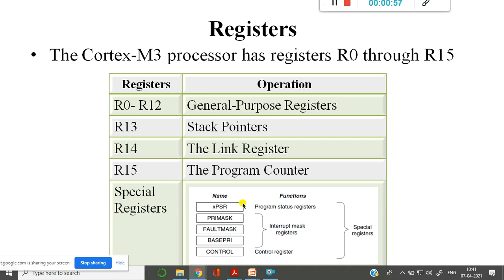That is APSR, the application program status register, then IPSR, and EPSR. Then different types of interrupt mask registers, that is PRIMASK, FAULTMASK, and BASEPRI, and one more was the CONTROL register. We also went through the detailed explanation and their functions in our previous class.